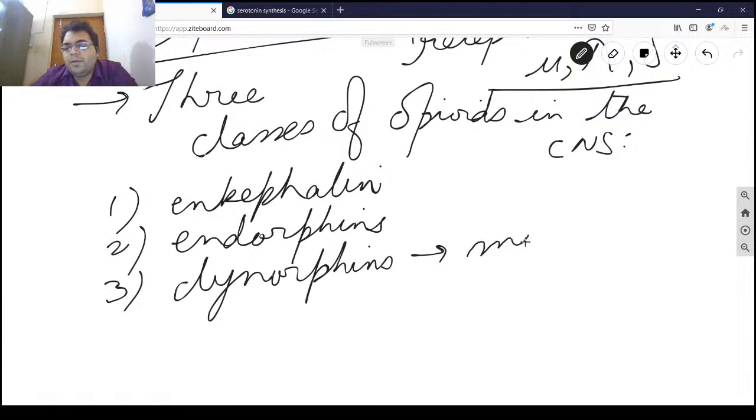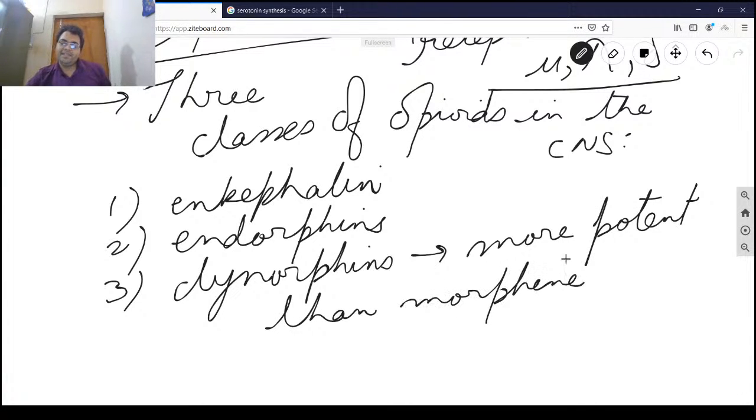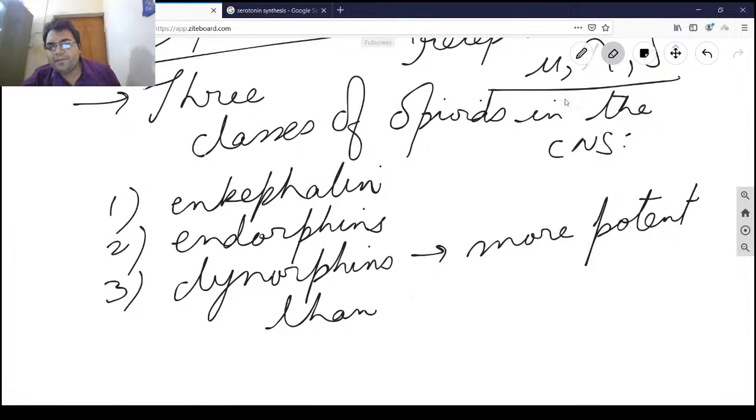It is more potent than even morphine, but our brain makes it in very, very little quantity. If we can make our brain to make it in higher quantity, we wouldn't be feeling pain, okay. So these are the natural painkillers produced by our own brain. Morphine is the most effective painkiller till now, and this one is more potent than morphine itself,